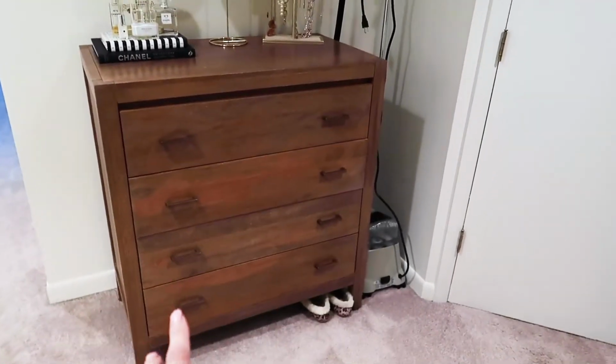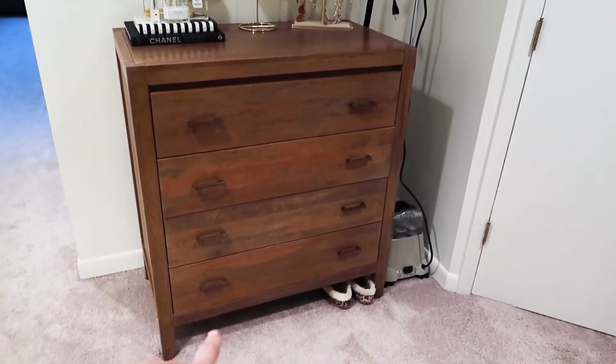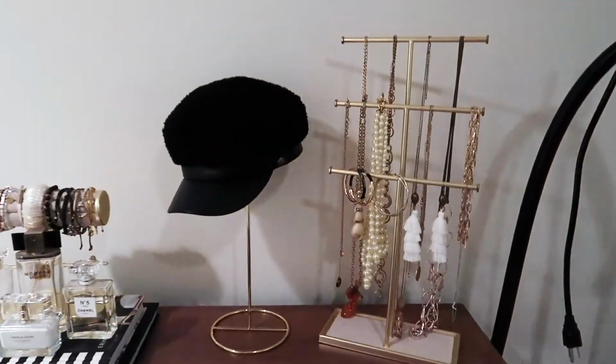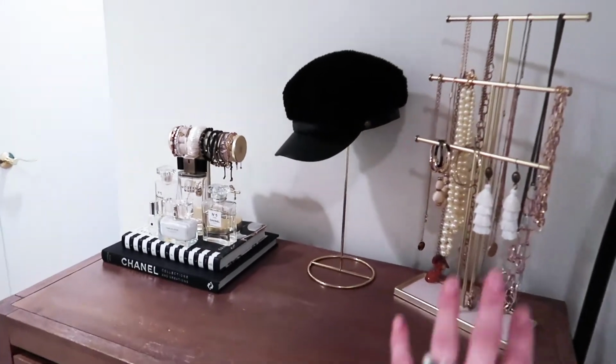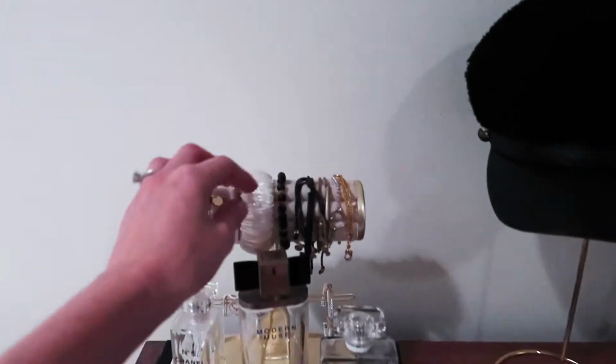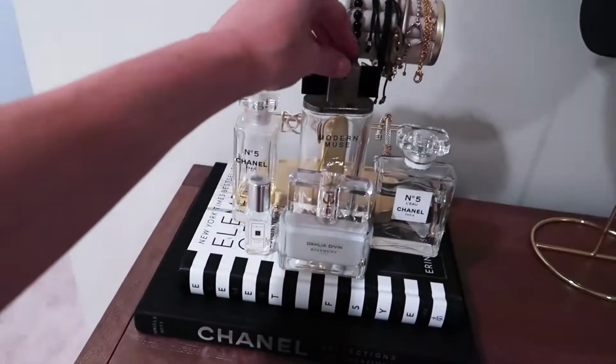So we have some of Rob's stuff, and then my jewelry is in the top drawer, and I keep a bunch of my jeans and stuff in there. So this is my jewelry and perfume display. I hang all of my favorite necklaces and earrings here, and I have all of my bracelets lined up here, and then some of my